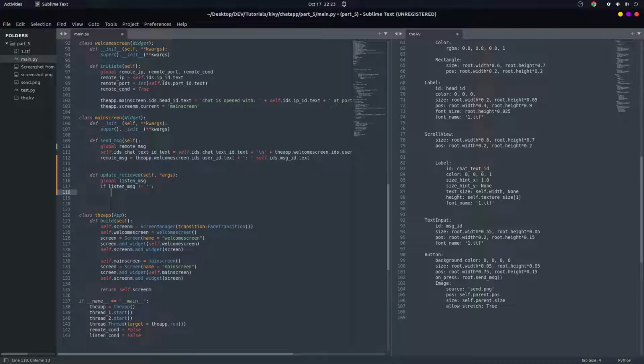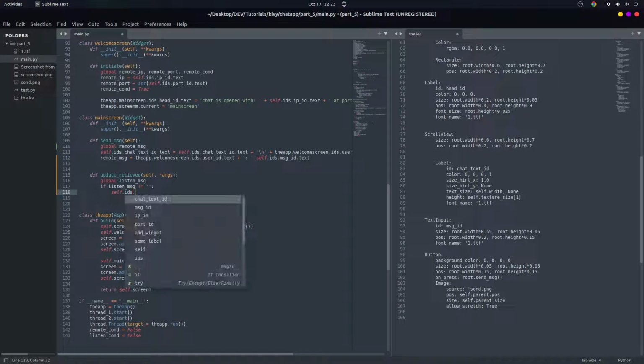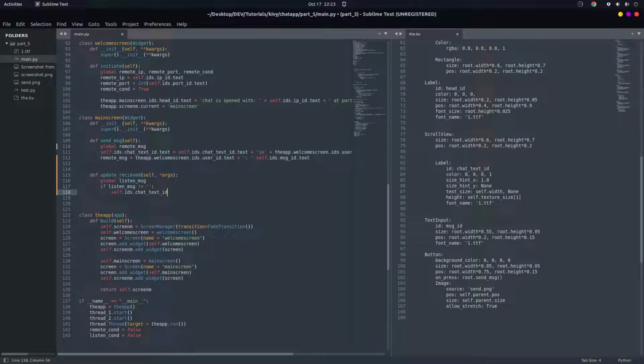We have to update the label, which is self IDs dot chat text dot text, this one is equal to itself plus the listen message, plus the new line, come to a new line this way, plus